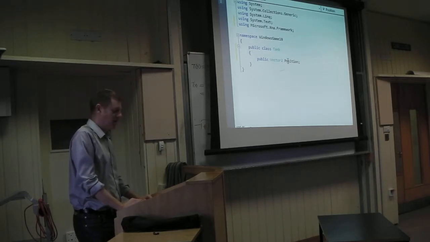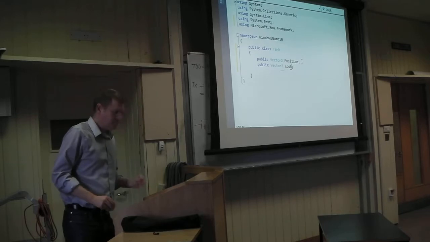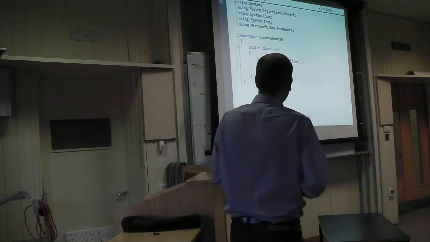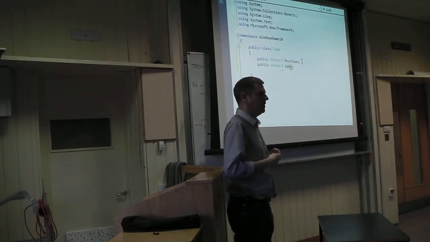But for vector2, you have to make it public. So it's got a public position. Let's add one other thing here, and I'm going to call this one look. Right. So we're going to do this. We might as well do this, right? This is the first bit of game maths that we need to know about, and this is a little bit